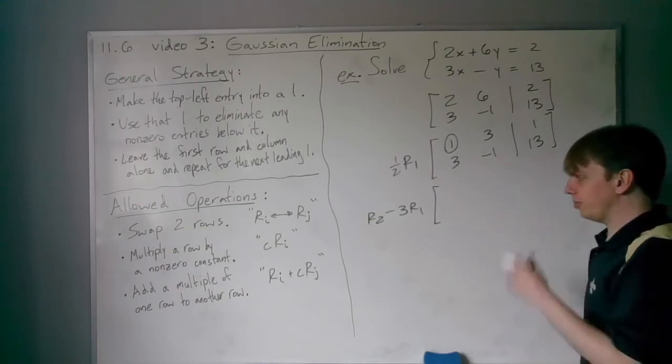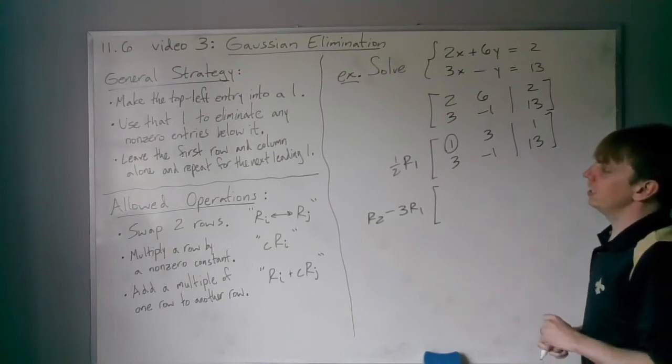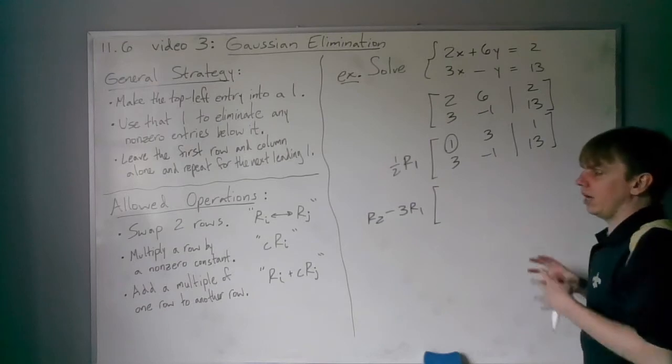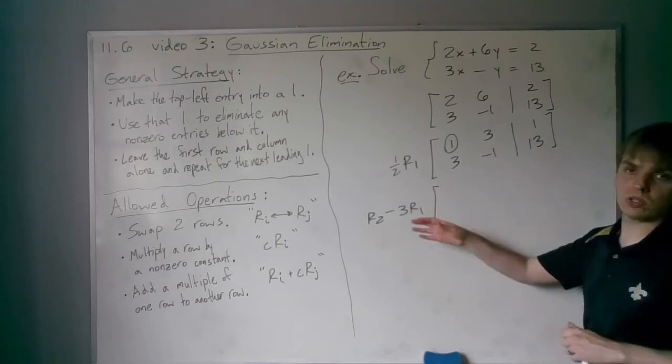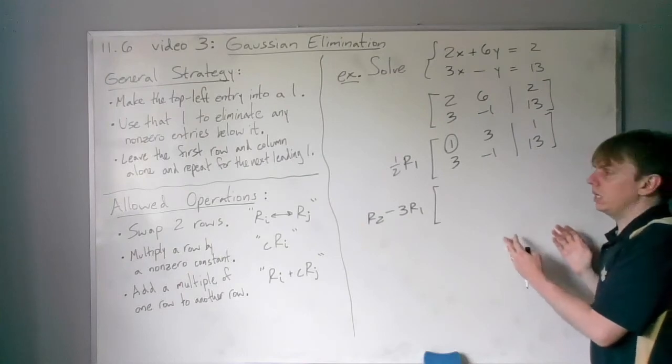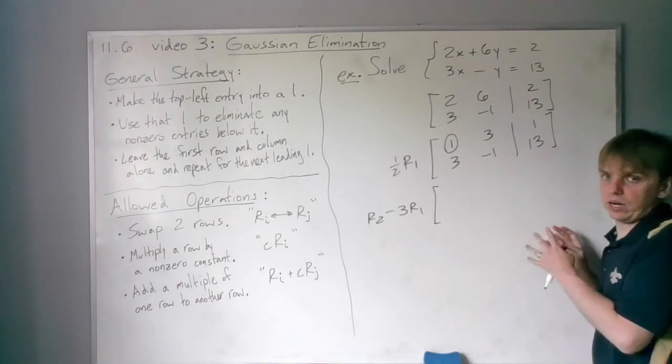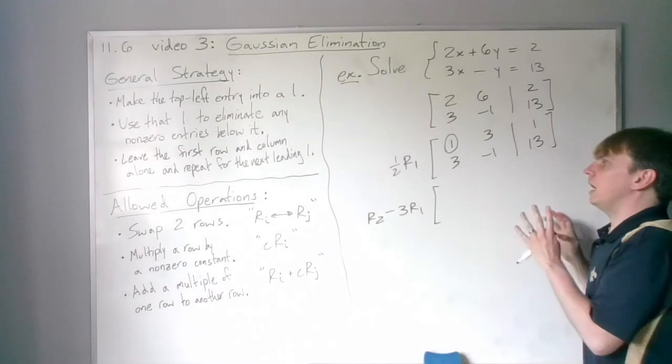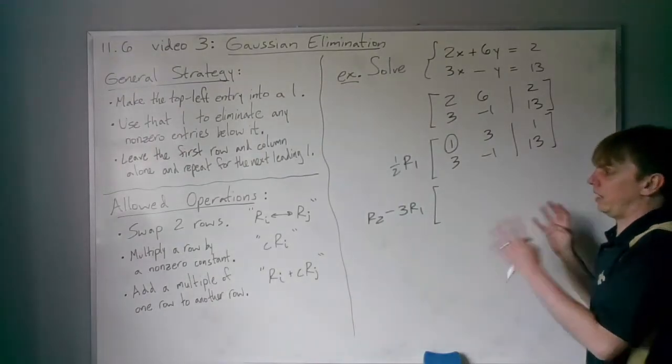Here's the place that it's going to look a little strange. Up until now, when I had to add an equation to a multiple of another equation, I just went off to the side and actually wrote out what they were. And I'm trying to save myself some writing here. That's the whole point of matrices. So I'm going to see if I can come up with a way to do it without all the extra